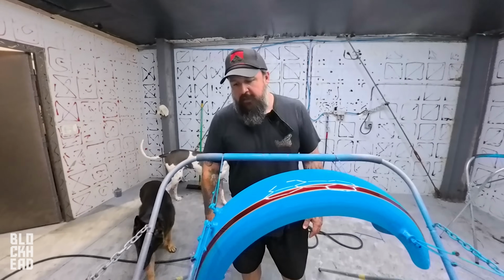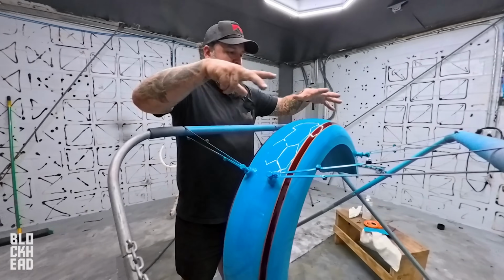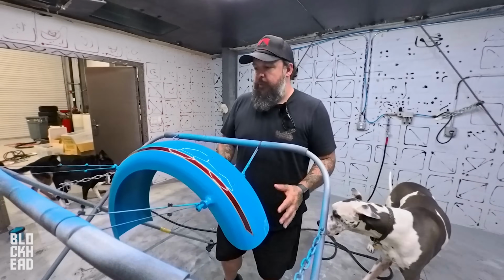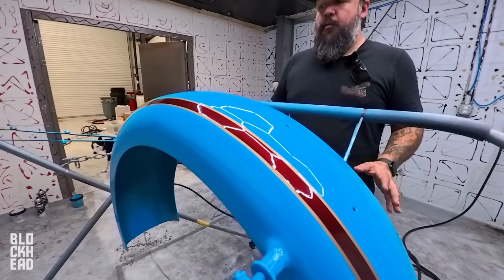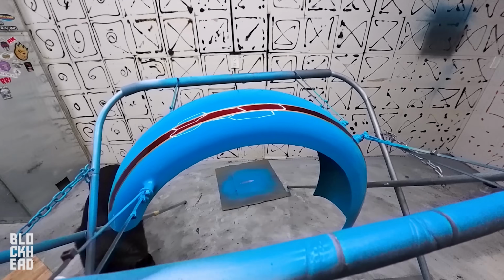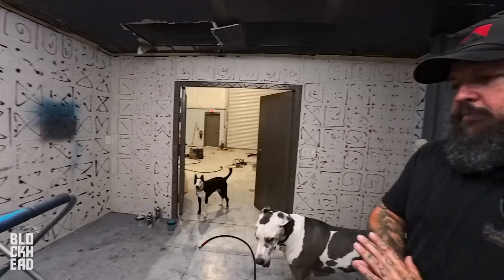Here's the fender. Alan did an amazing job on it. It still looks wet, right? Like it looks super glossy. So we haven't even removed this thing from when it got its final coat of clear. I'm only gonna take this down whenever it is ready to go on the bike because I don't want to touch it. Even the tank out there is to the point where I feel, you know,